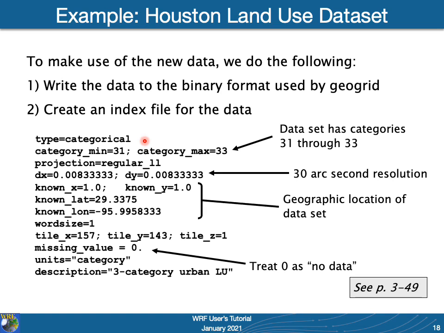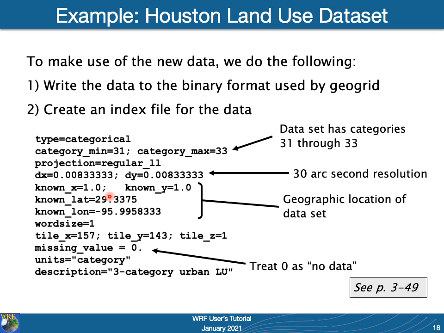And much like the format of the GeoGrid table, we assign values to keywords. So we need to tell the GeoGrid program in our metadata file that this is a categorical data set. It contains categories from 31 to 33. The data are projected on a regular latitude-longitude projection with delta x and delta y values of 30 arcseconds, or 1/120th of a degree. And we know that the 1 pixel, i.e. the southwest pixel of our data set, is at latitude 29.33 and longitude